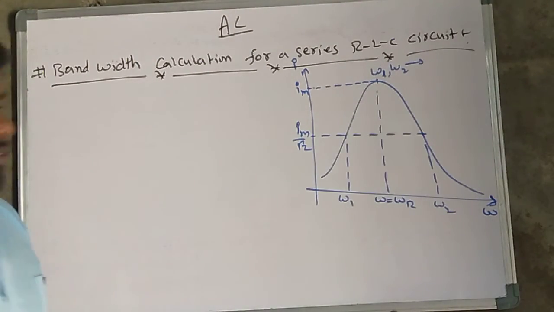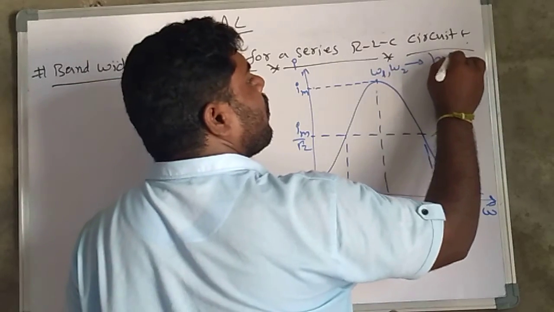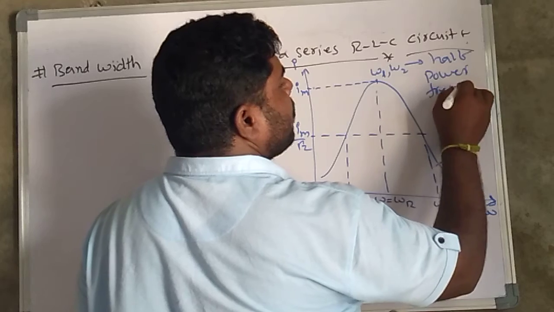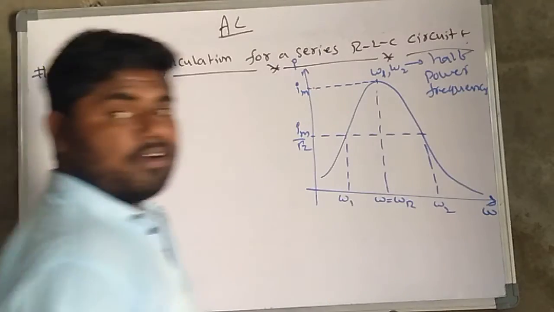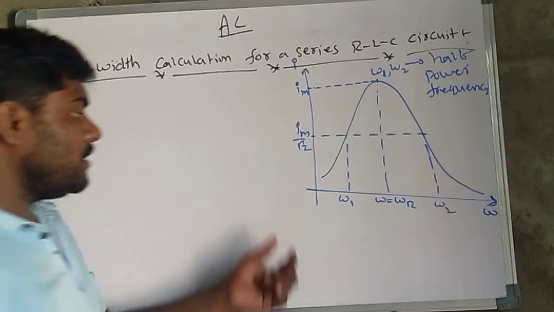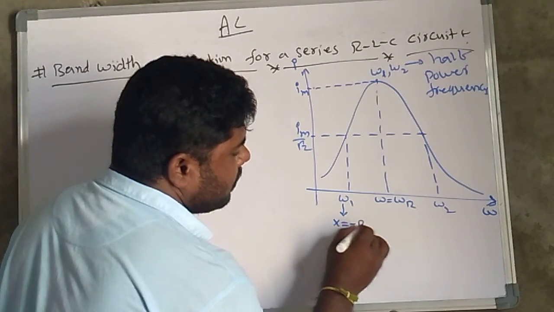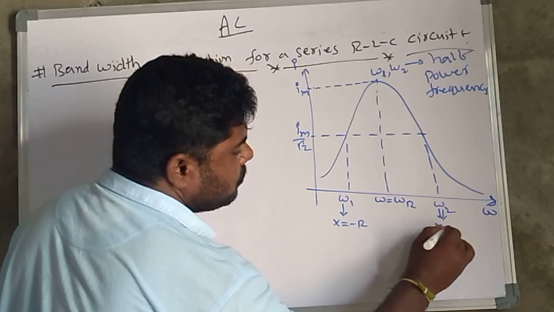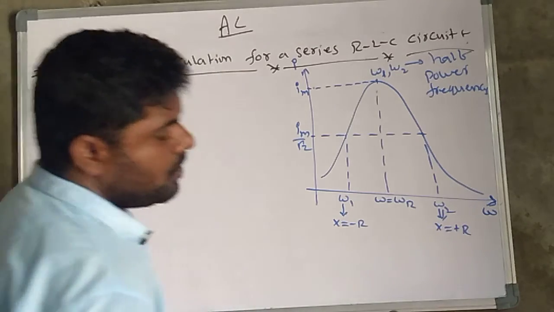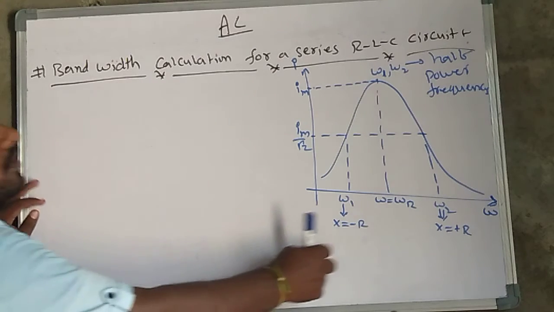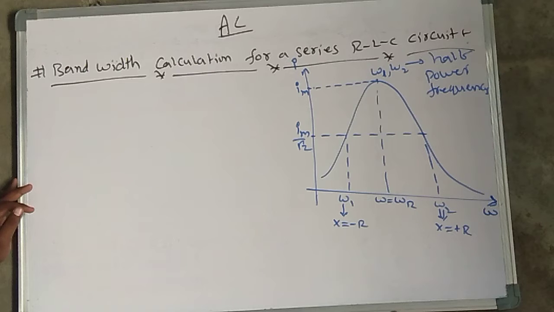We call omega 1 and omega 2 the half power frequencies. In one situation X is equal to minus R, and in the other situation X is equal to plus R. At these frequencies the impedance is equal to minus R and plus R respectively. So as we know,